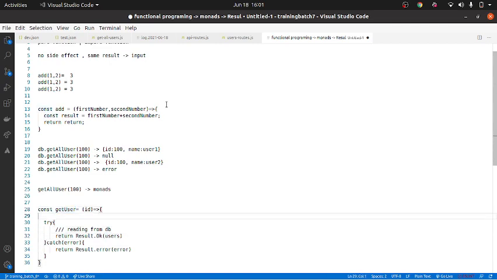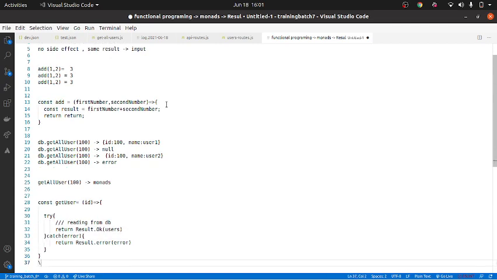Now I do getUser with ID 100. What is the result? If the user exists, it will come, or else error. You're right, but the return type is Result. Correct?